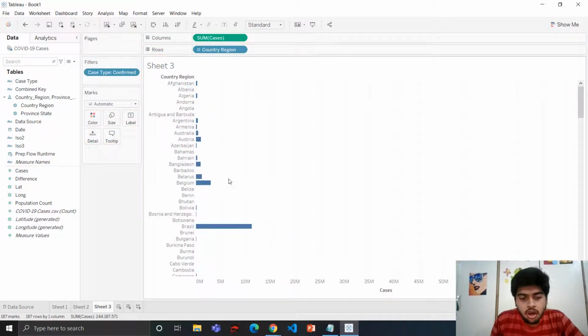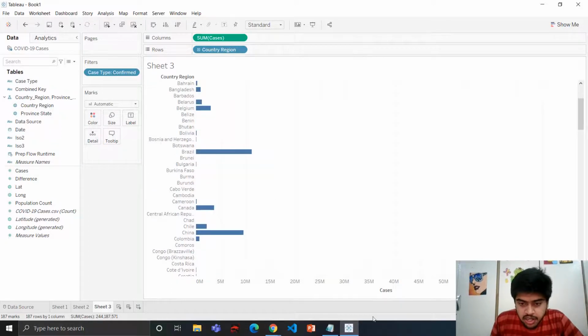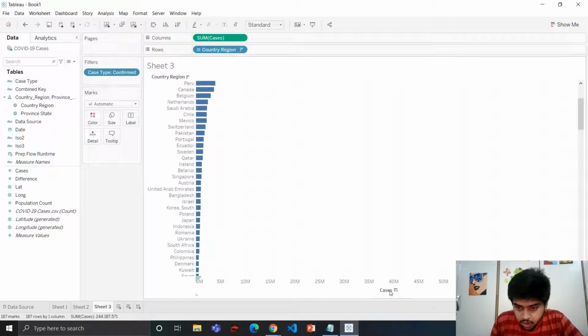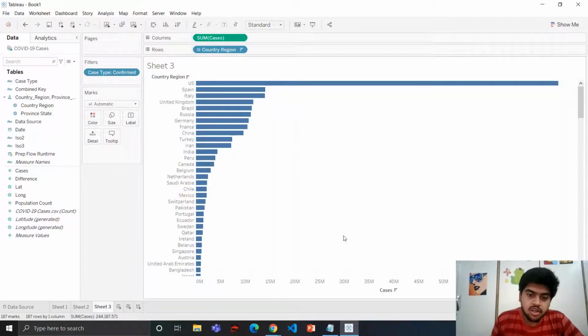So what we can see here is country wise, I am able to see how many cases there were all over. What these cases depict is the total number of confirmed cases as well as the total number of death cases. I'll be sorting the data, and we can click on this button, and this will sort the data in increasing or decreasing order respectively. Now we can see that the US has the maximum number of cases. If we want to enable the labels, like how many cases there are,